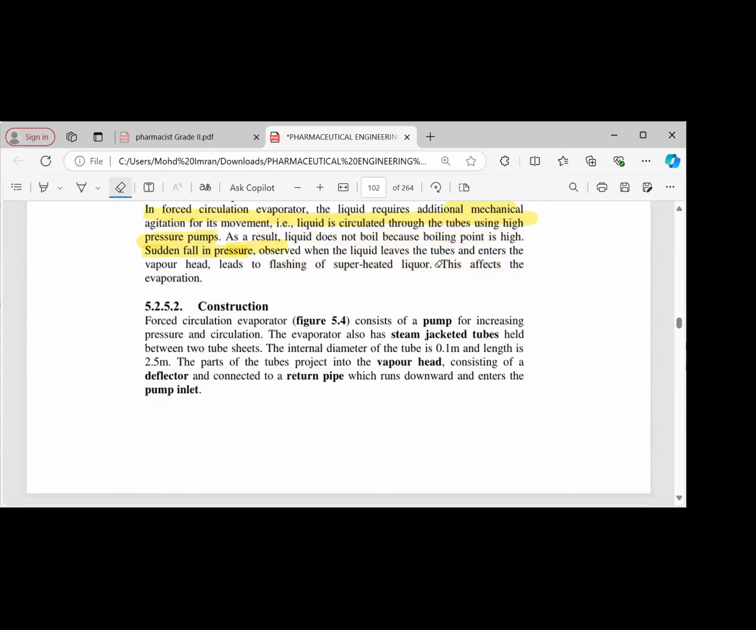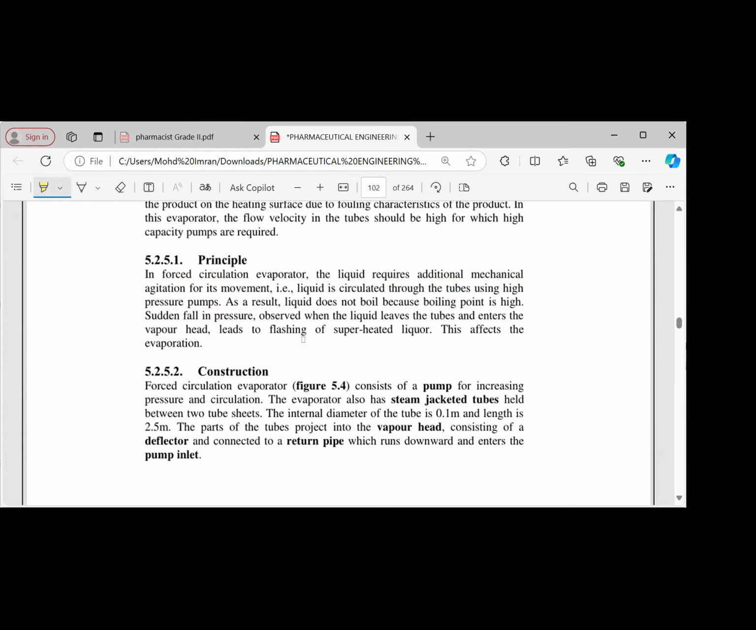See again, if this principle comes, the working mechanism is known. In this forced circulation evaporator, we are using high pressure pumps to forcefully circulate the liquid. Till here okay? Then okay. As a result of this high pressure, the boiling point suddenly falls down in high pressure, right? This is absorbed, and when the liquid leaves the tubes, because the pressure suddenly drops